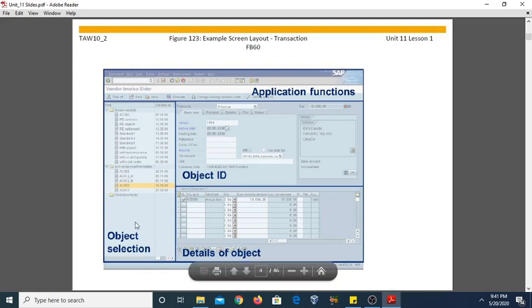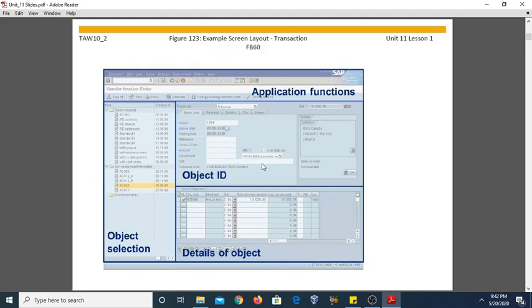The first screen shows the list of objects from which you can select a particular object. When you click on a particular object, it will show you the object ID. That means it will display the properties of the object ID, where you can fill in the data related to this object.